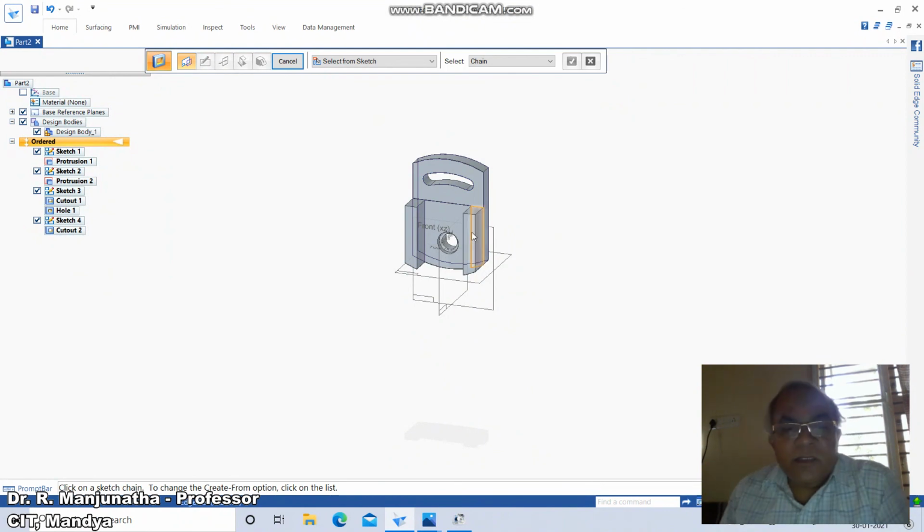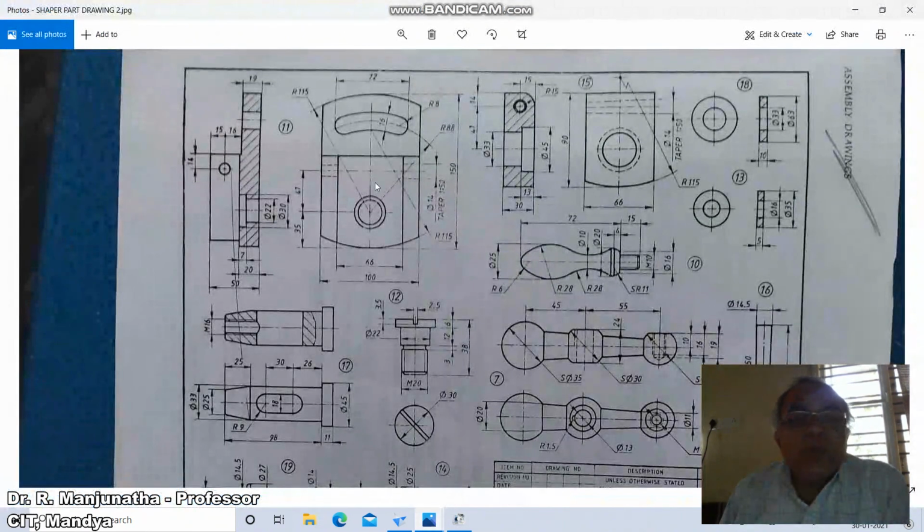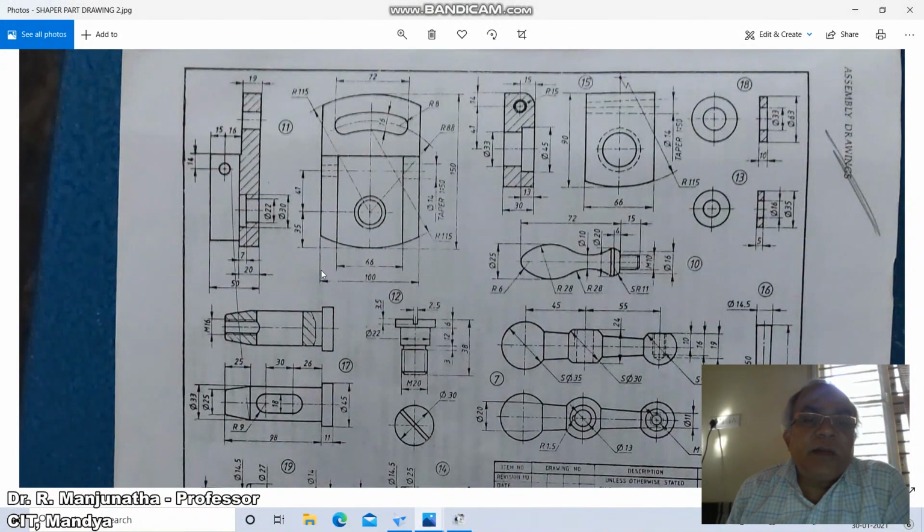So now we have the last one which you need to create, which is the tapered hole. One side of this diameter is 14, and the other side diameter which I need to create: 1/50 into 100, which will be equal to half, that is 0.5. So taper of 1:50. Since the taper is 1:50, for every 50 mm there will be a reduction in diameter of 1 mm.